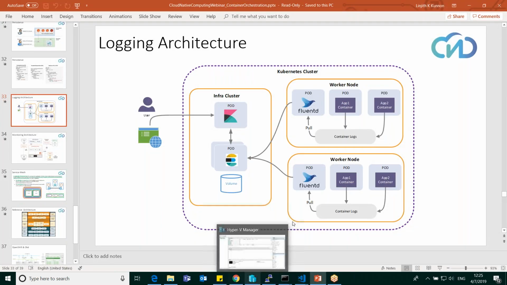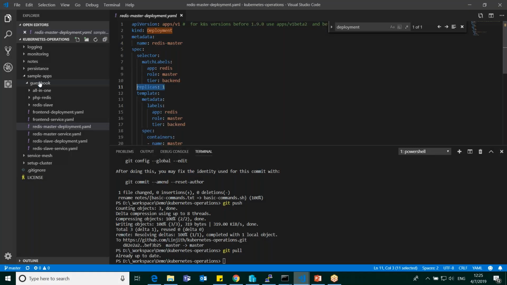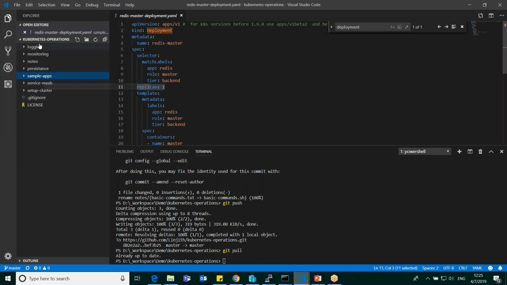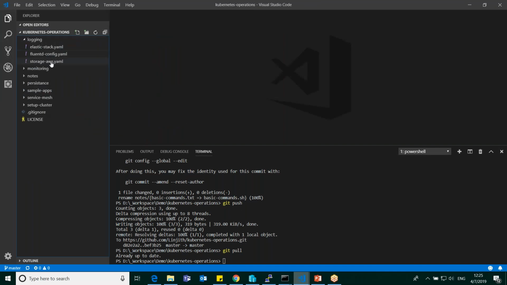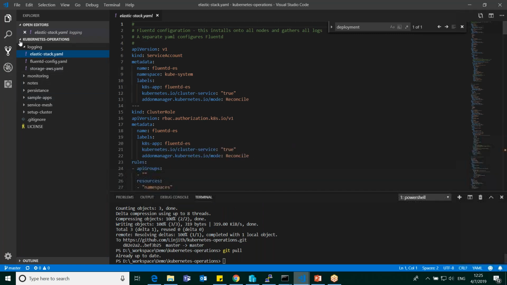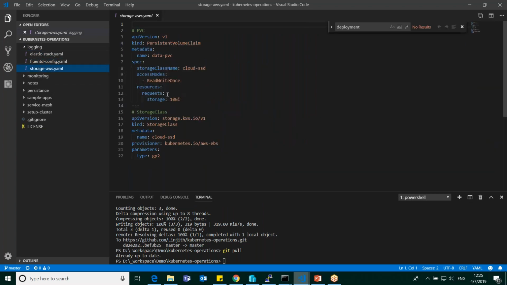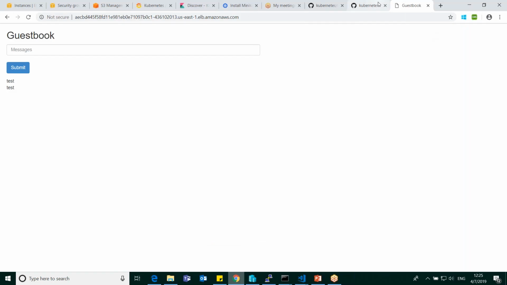So here is a straightforward thing. If you go to logging, I'll share the Git repository. I just started adding some details yesterday and this morning, so it's in a very initial stage. I'll keep updating it on a regular basis. You can see the Elastic Stack, Fluentd, and config. So where are these YAML files coming from? If we go to the Kubernetes project,